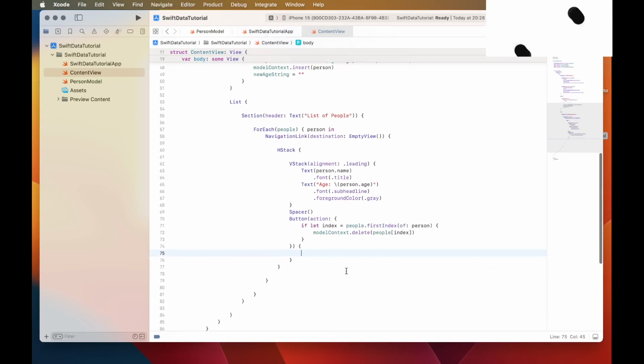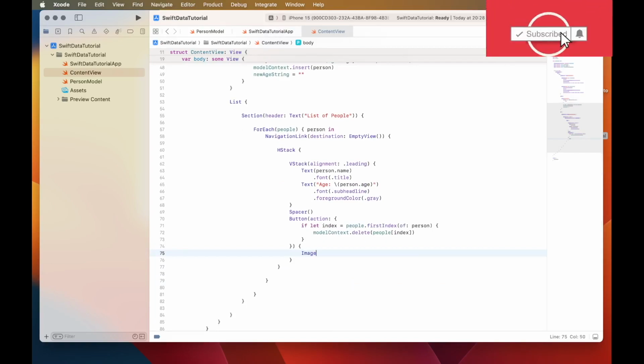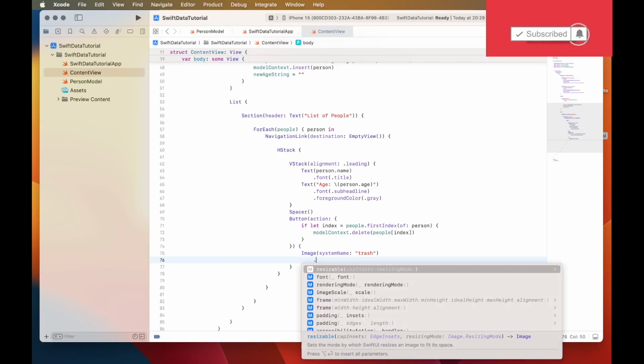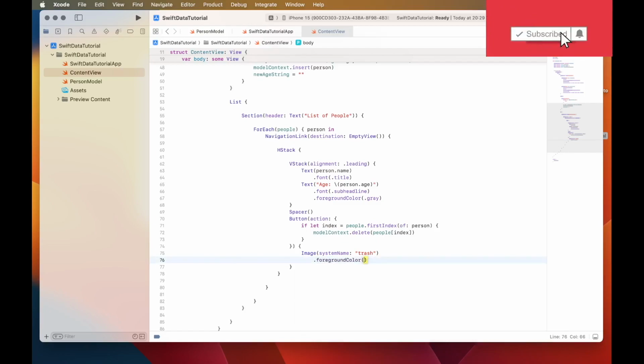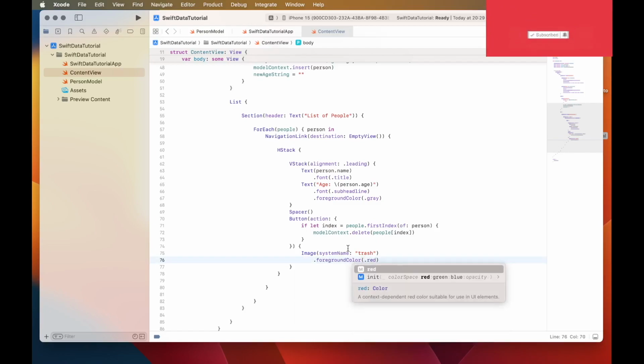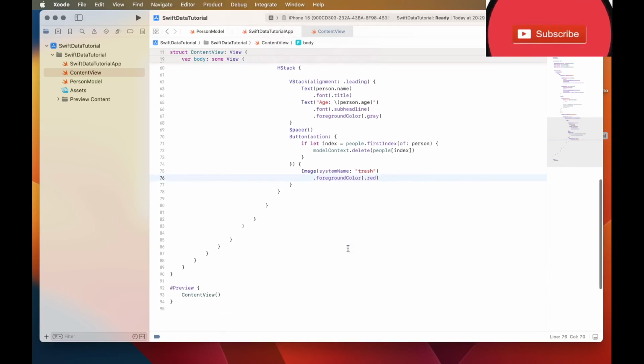And then we also need to apply this as well, system name, trash, because on the right hand side of the list it has a trash can, and the trash can signifies that the user can attempt to delete the record from SwiftData by swiping the list. Foreground color red, and then